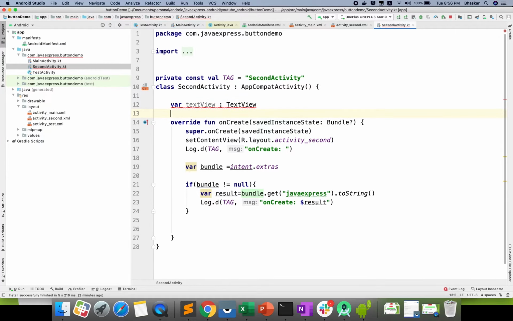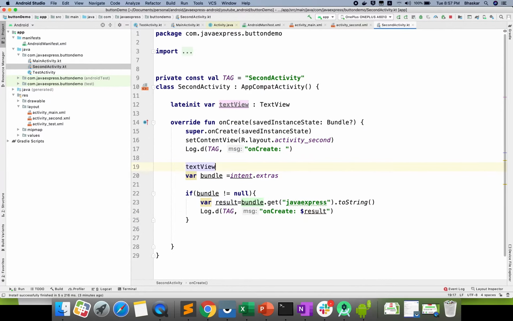If you define it here, Kotlin won't accept it in this way. You need to add the lateinit modifier. That means whatever you are defining here, I will initialize later. lateinit is a keyword. Now I will copy the TextView. Now I need to create an object. How to create an object? textView equals findViewById, R.id. You define it as txtResult, the id you defined.